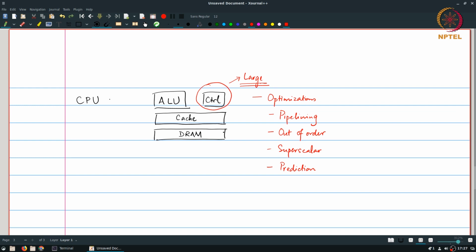Or on the other hand, you might find that having a single ALU ends up becoming a bottleneck when you are trying to do a very computationally intensive program. So one of the things that people tried to do was to say, let's go for a many-core architecture where you would have some kind of ALU plus control